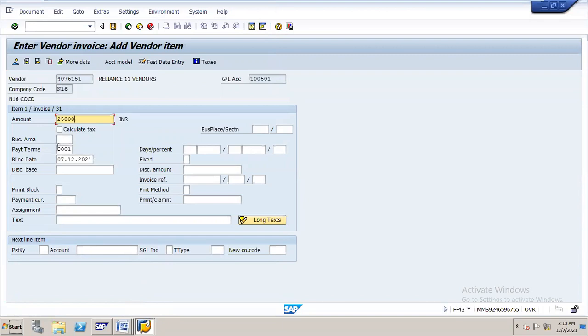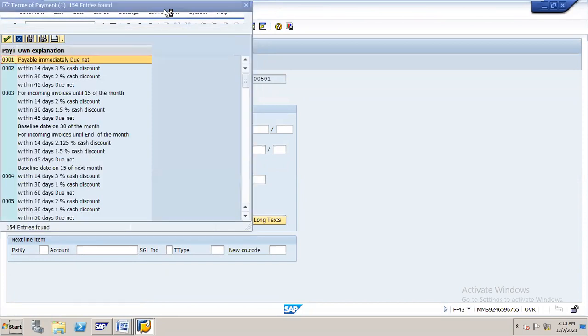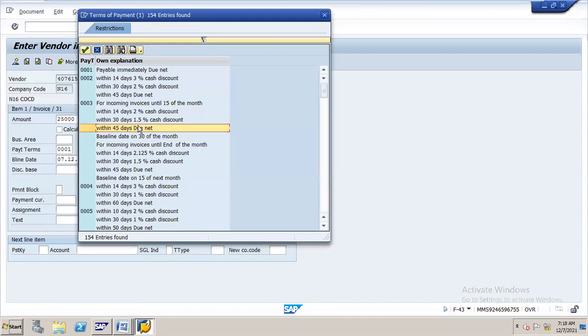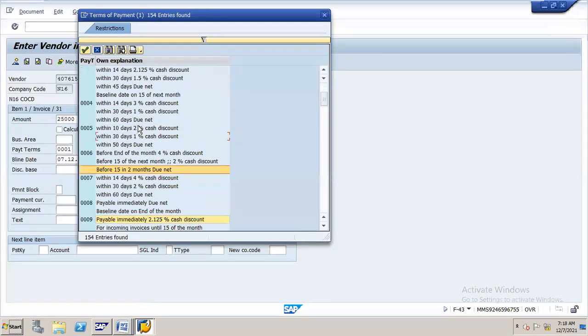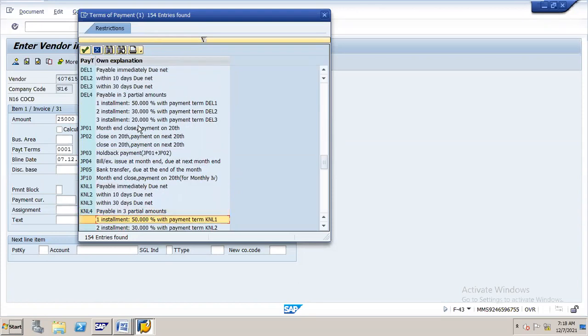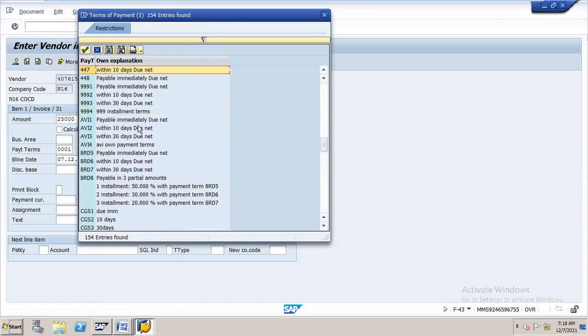This time I'm going to change the payment terms. This invoice has Z00, which means payable immediately, but I want to change the payment terms. I need not pay this immediately. Let me change it to 30 days credit, so I can pay after 30 days.